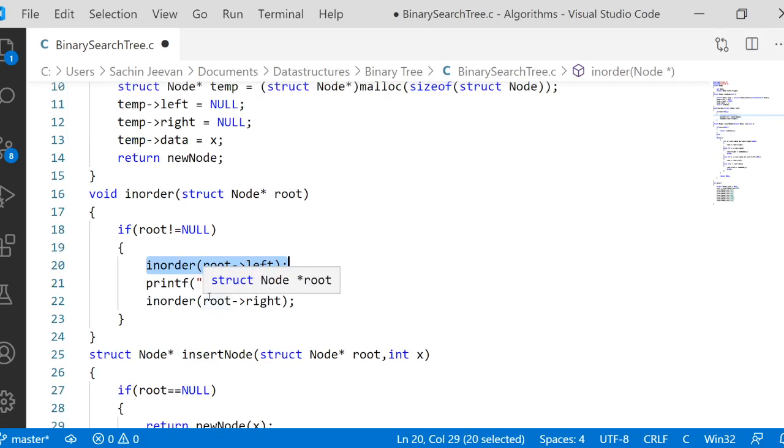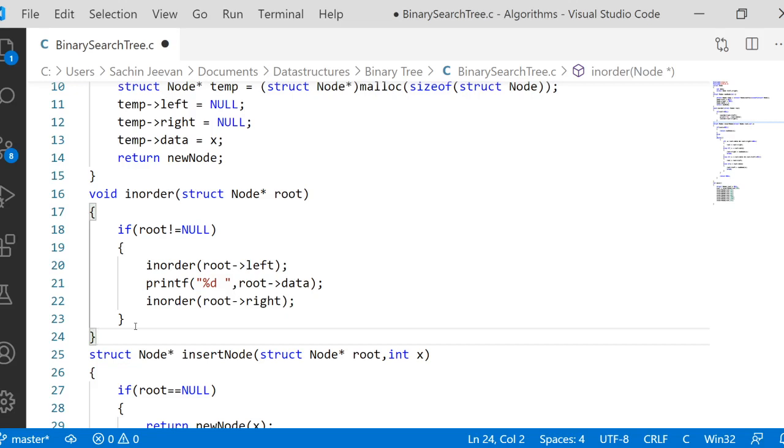The step by step working of this recursive code we will do in the next video. I'm going to take this recursive code and show you how it is executed in the background inside the main memory, and I will prove that this is doing the exact process of inorder. We will take this snippet and do the line by line tracing in the next video.